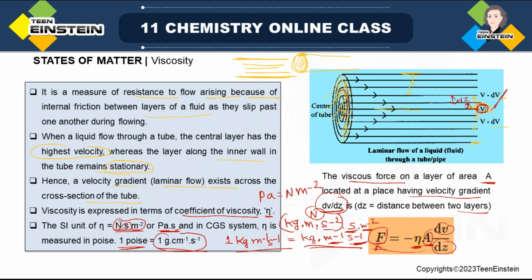In this way, if you bring all these units to the left hand side, the force unit will be Newton, then area which is basically meter square, but on this side dz, that is basically distance, is meter, so when you bring it to this side it will be meter, and dv is basically meter per second. So ultimately what you are getting